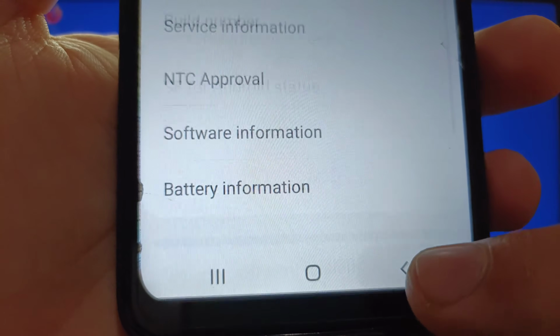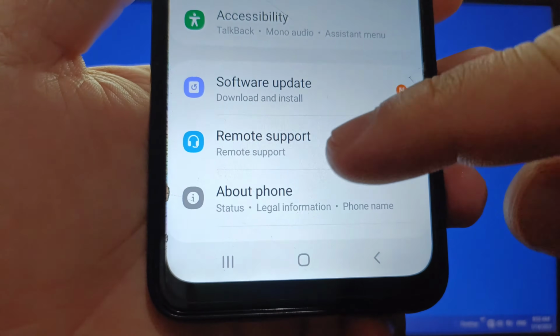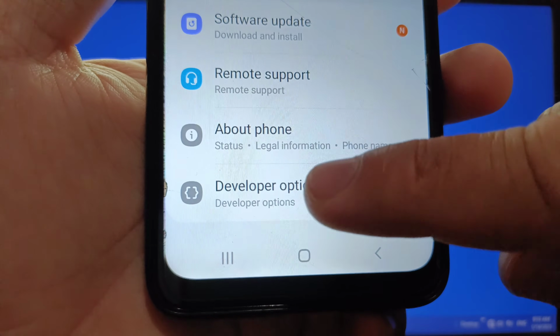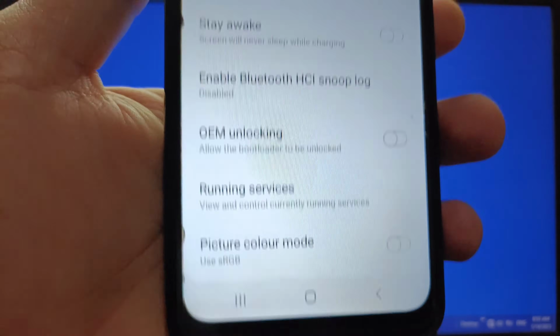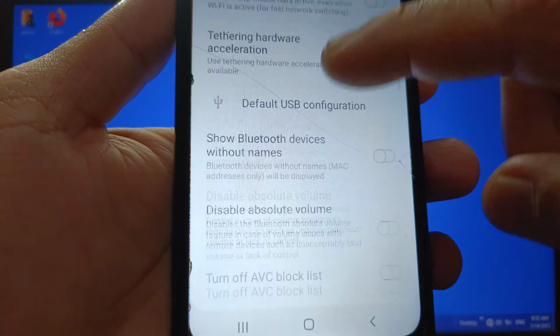And okay guys, go back and go back again, and now here in settings, you can see the developer options. Okay, you can see below. So okay guys, what you'll have to do is tap the developer options. Here in developer options, scroll down and go to